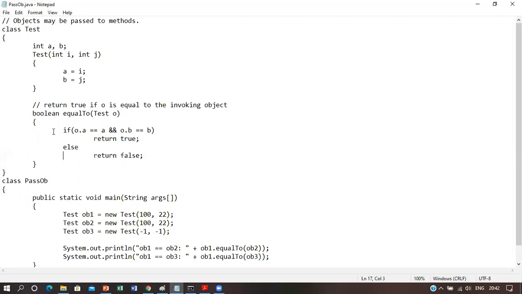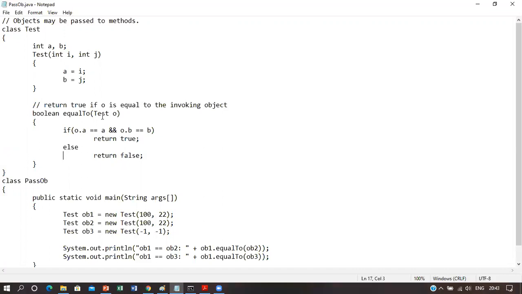After that, a method is written, and the name of the method is equals, and its return type is boolean. Return type boolean means that only two values can be returned, either true or false, because we know that boolean means only two values in Java, true or false.